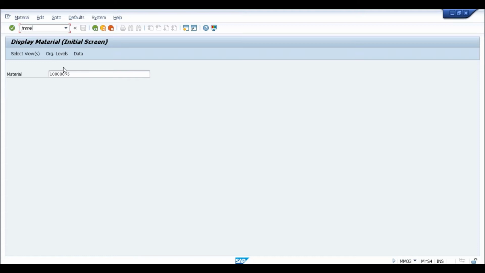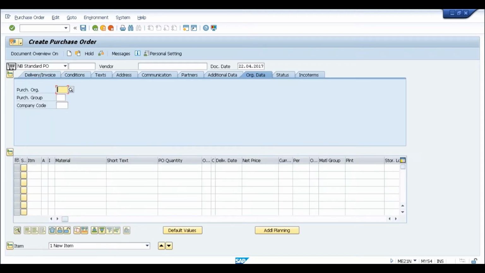So I'll show you how these things can be done in Fiori screen also. But let me just talk about the traditional GUI first, and then we'll proceed to Fiori. So I'm going to ME21N, the normal transaction that we were using for years to create a purchase order. So I'll just enter the vendor number here. I think this is the vendor number. I tried one scenario. So this is my vendor. Purchase org is slog. Purchasing group is 0001.